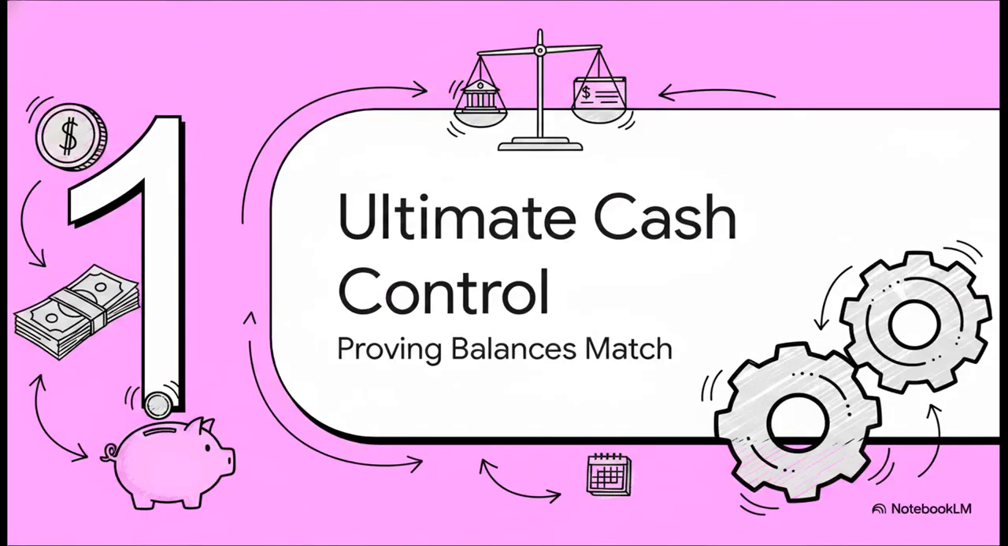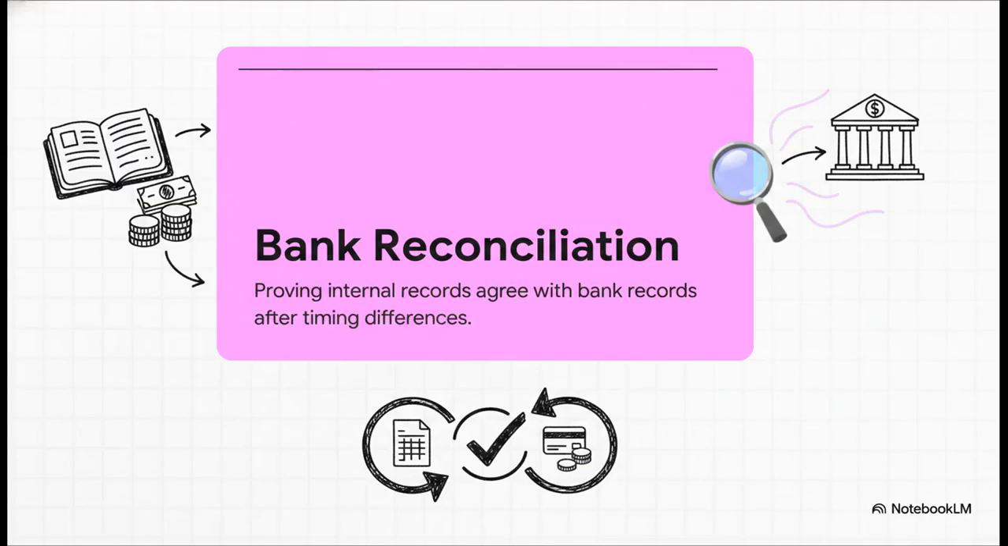Okay, Section 1, the ultimate cash control. Let's prove those balances match. We're starting with the absolute bedrock of cash accounting, the bank reconciliation. This is where the rubber meets the road, right? It's the process of proving that your company's internal ledger actually matches external reality, after adjusting for valid timing differences,